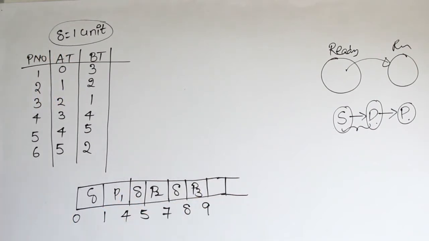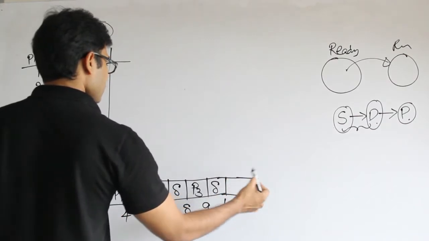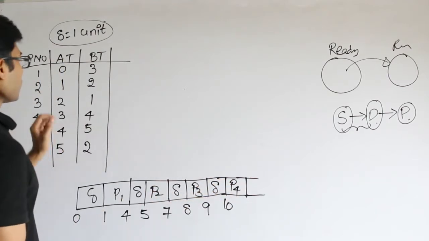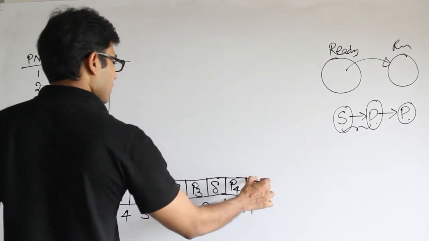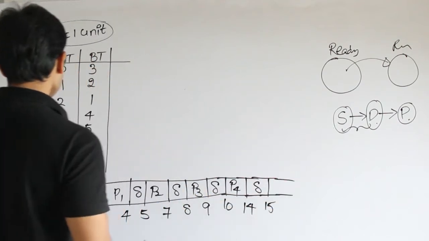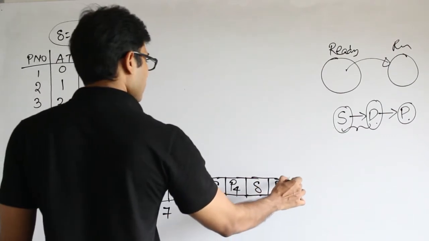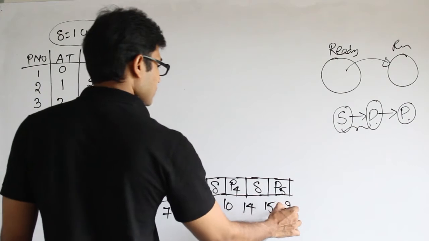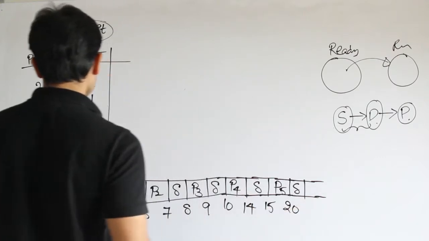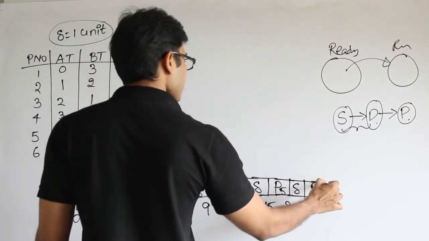and again there has to be overhead, so overhead is 1 unit, which means 10, and again the next one has to run, that is P4. P4 will run for 4 units, therefore it is 14, and again there will be overhead for 1 unit, which means 15, and after that P5 has to run. P5 is going to run for 5 units, therefore it is 20, and again there will be an overhead, and after this overhead again P6 has to run,